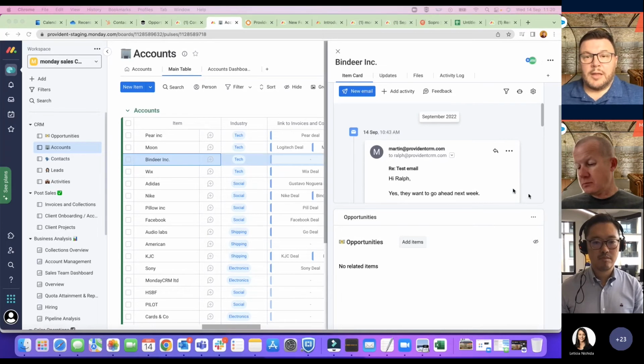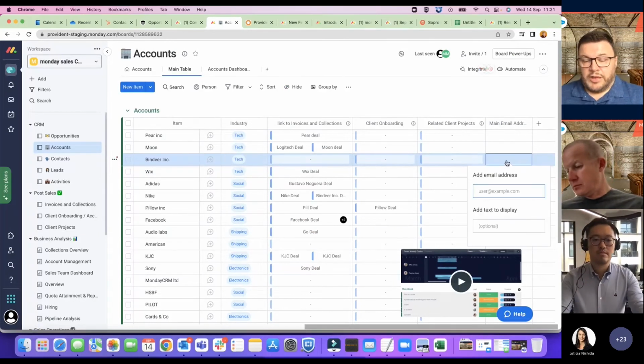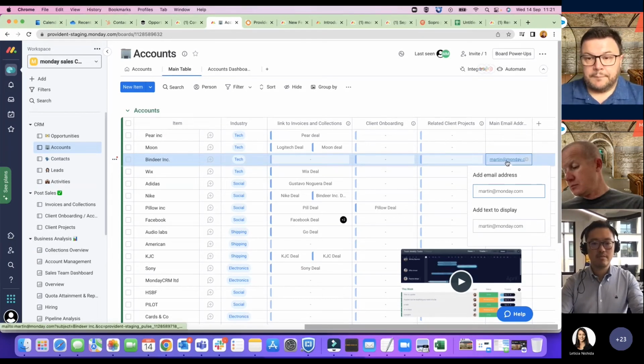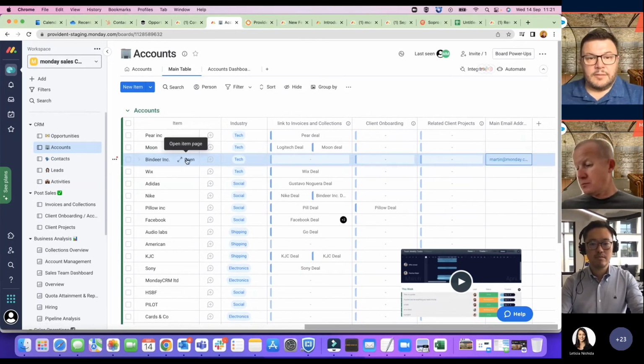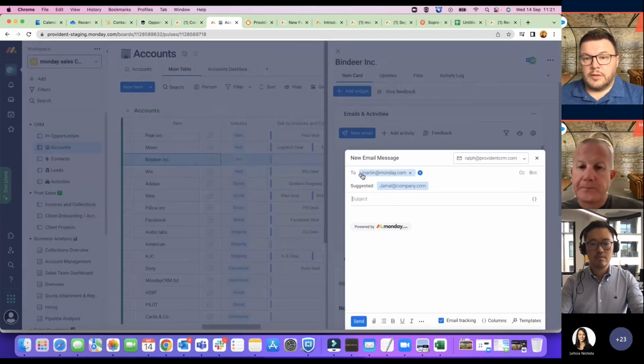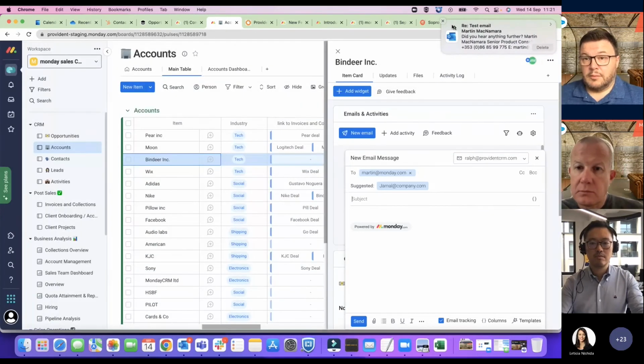If you already have an email column in your account within Monday, which would be here, if I change that and we went back into this and we want to send a new email to Martin, that's already pre-populated within that deal. So we know that the email that's going to be sent is going to be sent to Martin because that was what was already created. Martin's looking for an update on that.